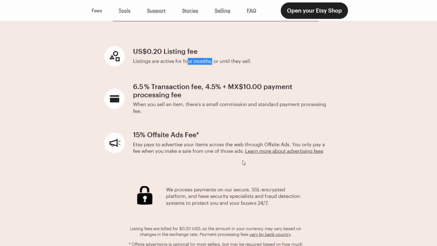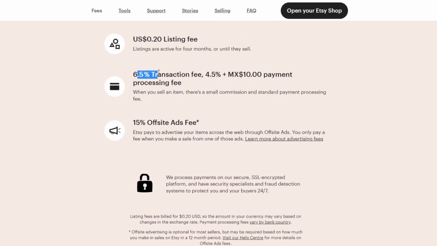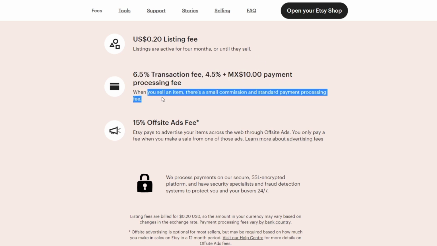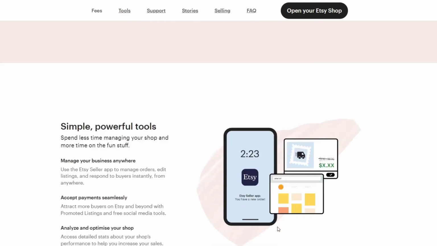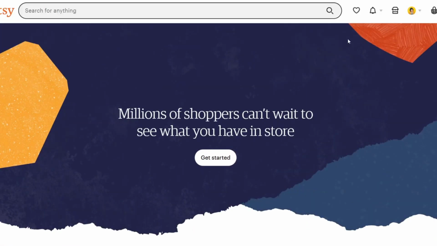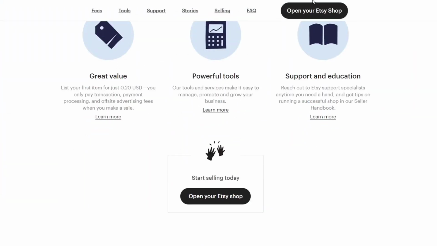So with that being said, now I have the 6.5% transaction fee, plus the payment processing fee, and of course the currency we're currently living in. So when you sell an item, there's a small commission and a standard payment processing fee. If you are okay with this, if you are actually good to get started, what I want to do is go to the upper side where it says get started, or focus on the one that says open your